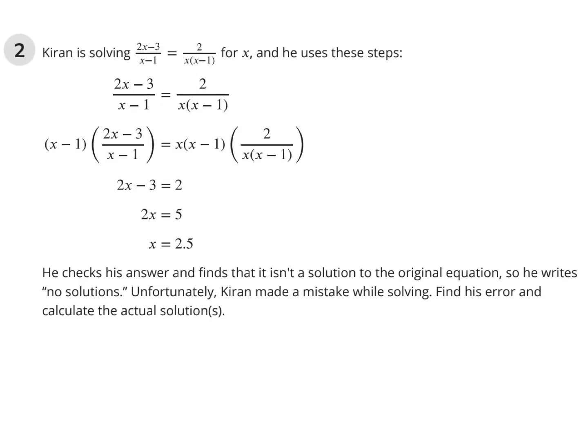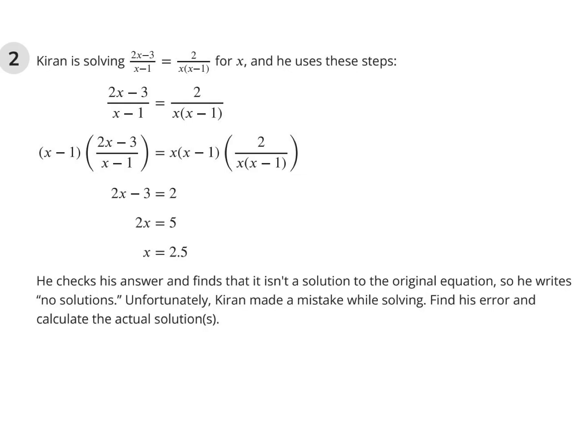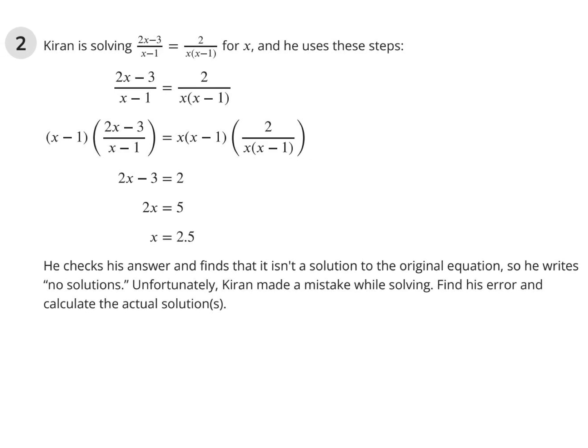Okay, so Quran is solving for x, and he uses his steps. But unfortunately, Quran makes a mistake. Now, what this book does is show a more complicated method of cross multiplying. What they want you to do is make the denominators the same. So when you have x minus 1 on one side, and that's equal to x times x minus 1,